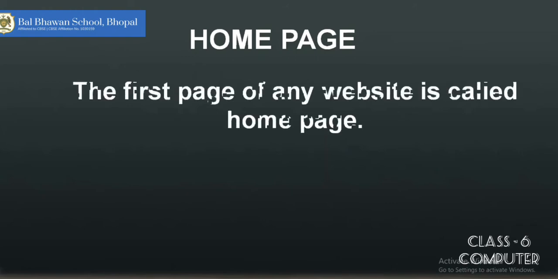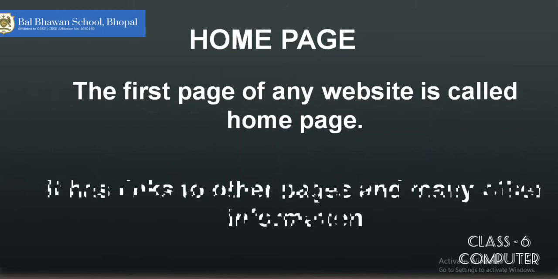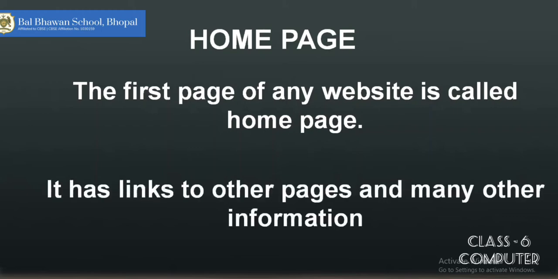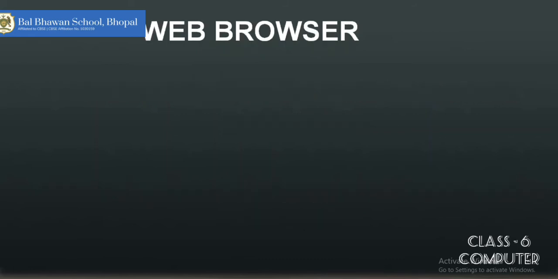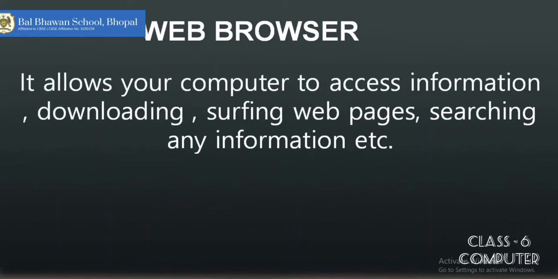Our next topic is home page. Whenever you open a website, the first page that appears on your screen is called the home page. Basically, home page is also a web page, but since this is the first page, that is why we call it a home page. It has many links that bring you to other pages which hold other information. Whenever you sign in your information and you click on the sign up or sign in button, it takes you to another page. This is your hyperlink.